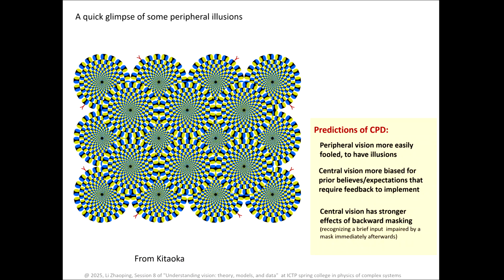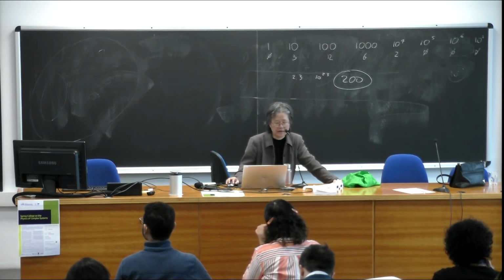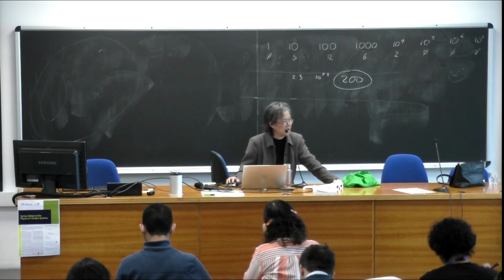Sorry, can you define what an illusion is? Because in my opinion, it's not clear why central vision is more biased while peripheral vision is more easily fooled by illusion. Yeah. This is because, remember, central vision, when it cannot see clearly, will go back and ask for more information. So the bottleneck. For peripheral vision, the hypothesis is they don't go back. The reason is,